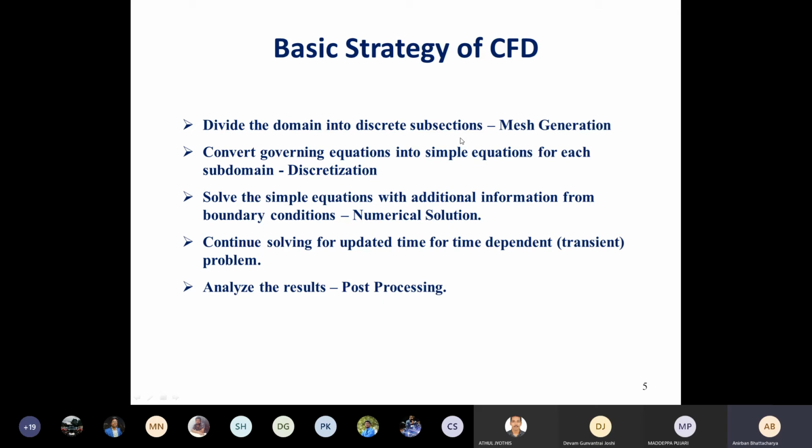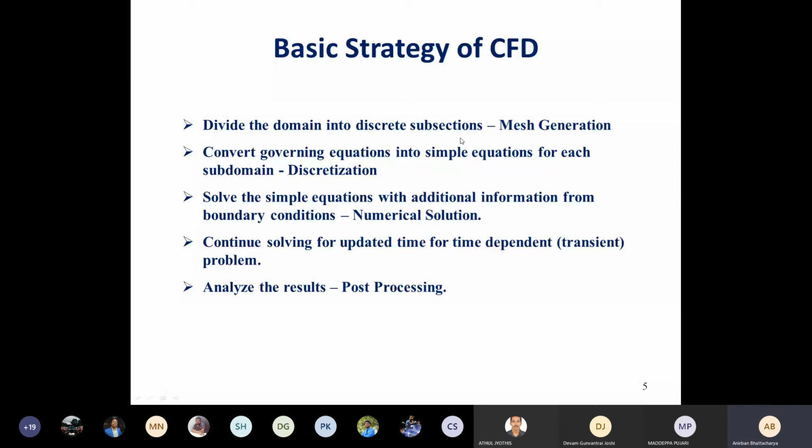So for example, I know that the flow may be influenced downstream up to a length equal to 50 car lengths. So accordingly, I may take a domain which has a distance of 100 car lengths, 50 in the upstream side, 50 in the downstream side. Similarly, I will decide what is the top and bottom for the Formula 1 car. So it is the actual object plus the surrounding. So this entire domain is your computational domain.